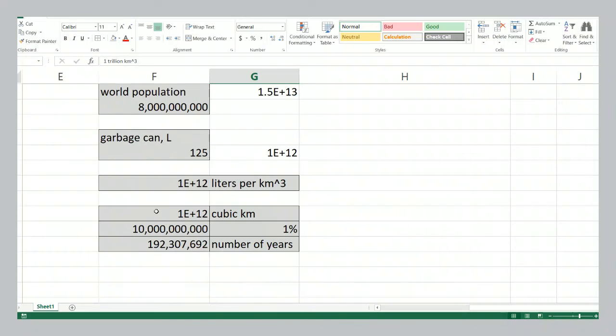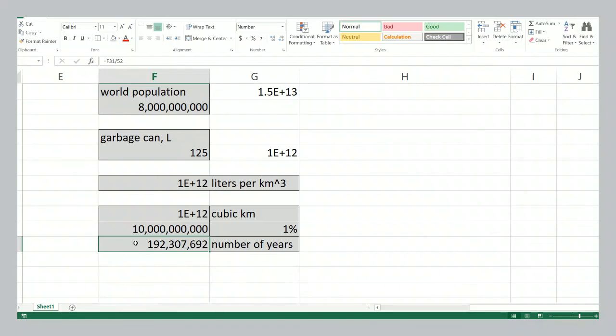Let's imagine something smaller. Instead of 1 trillion, let's take 1% of that. 1% of a trillion is 10 billion. So we're just going to fill up 1% of the earth with garbage. So 10 billion cubic kilometers. Let's take this number, 10 billion, and divide it by 52 because there's 52 weeks in a year, and that gives us about 200 million.